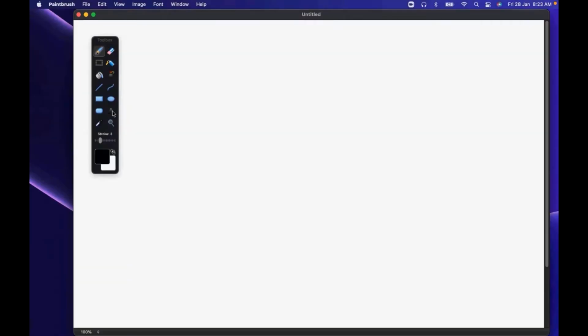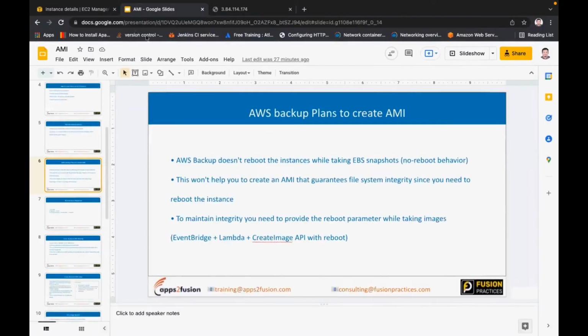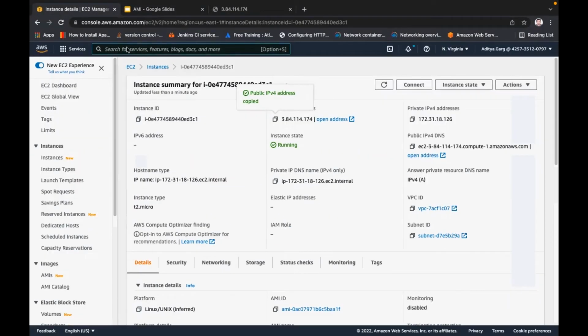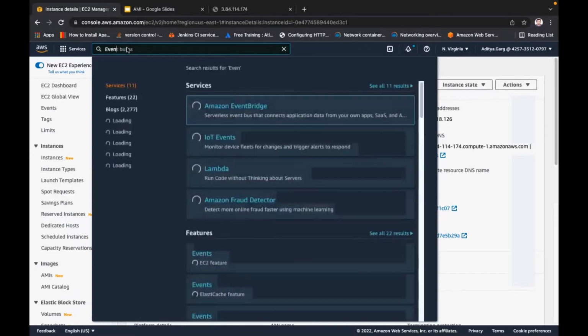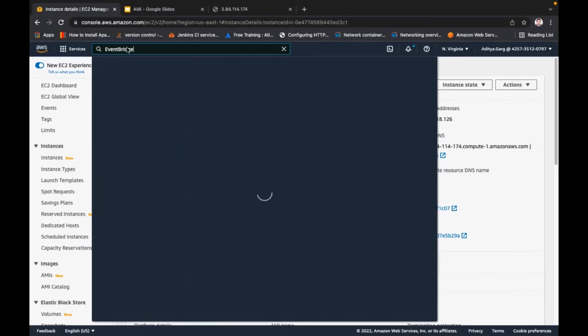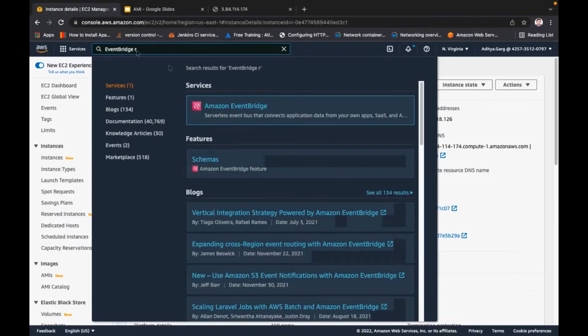There is a service in AWS called EventBridge rule. If I want to show you that, just go here and search for EventBridge rule.